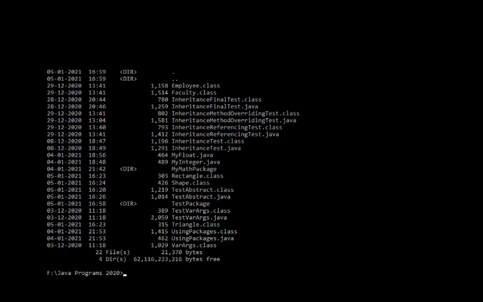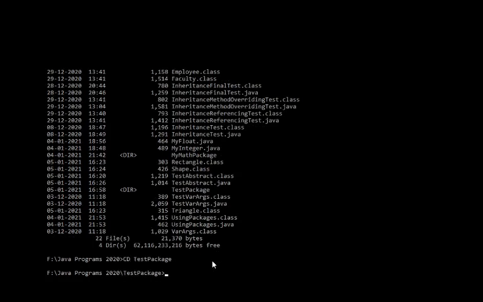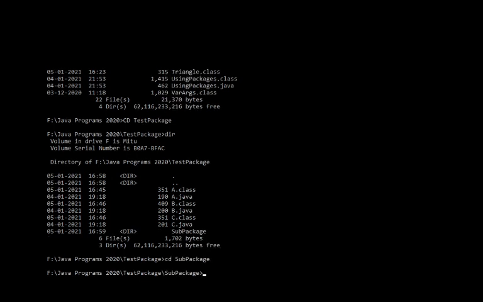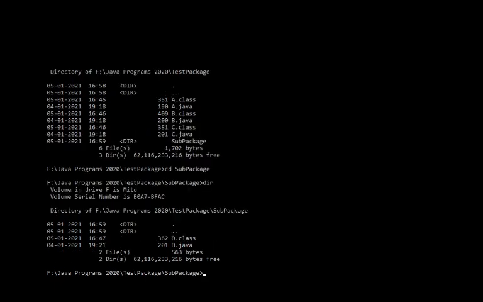You will find that A, B, C, D are no longer here in the current directory. If we look in test package, I've copied all the .java files here. Similarly, you can also check subpackage. There also D.java, I've copied it here.